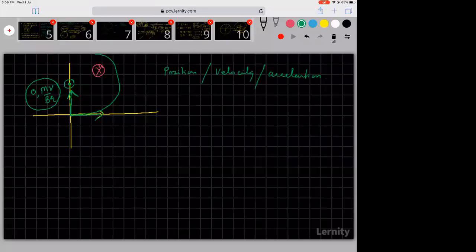Acceleration of the body. Now, once the body reaches here, this will be the direction of the force. The direction of the force is always towards the center, hence we called it the centripetal force. I hope you are able to understand this much, right?